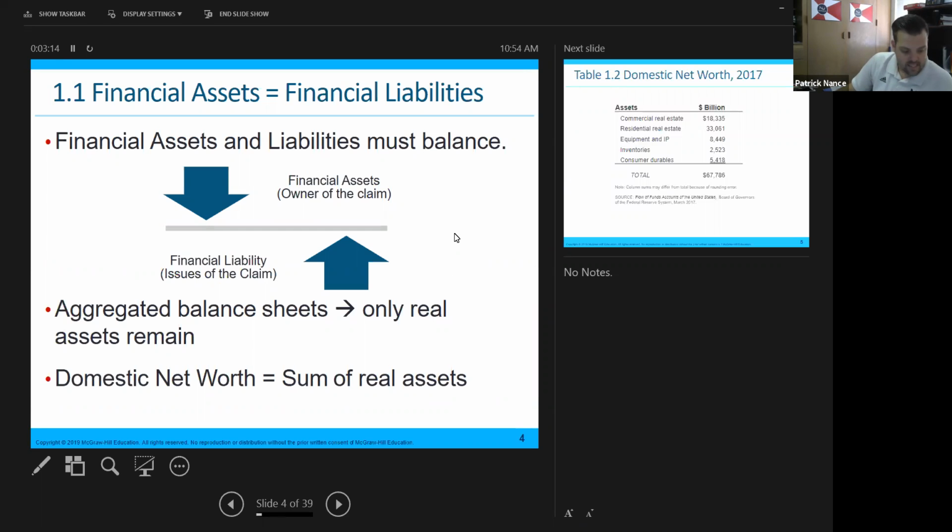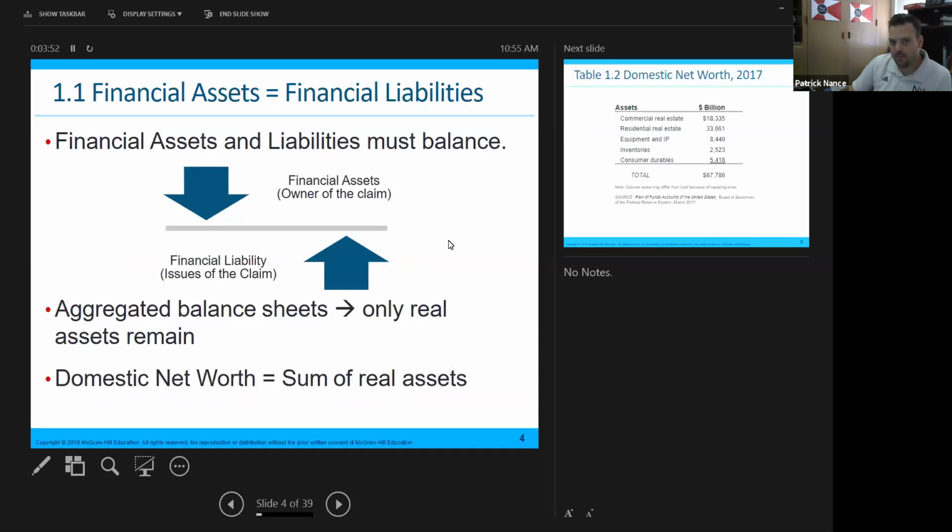Okay, financial assets and liabilities must balance, meaning the financial asset and the financial liability, there's two sides to that coin. So you think about a share of stock, okay, a share of ownership stock in a company. The person who owns that share of stock, that's a financial asset to them. For the company itself, it's a liability. And really it's equity, so they use the word liability here, but they say liability because, you know, if that company goes under, or if you have to buy that company out for some reason, it's a liability that you have to pay that owner in order to get it.